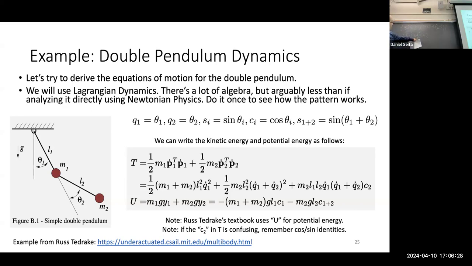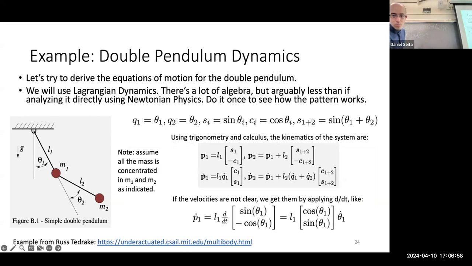So when you go from here to here, you have this 2D vector, then another 2D vector. You sum them, get a 2D vector, then you have a dot product with itself. And so the first thing is you have P1 dot transpose P1 dot. That simplifies to this because